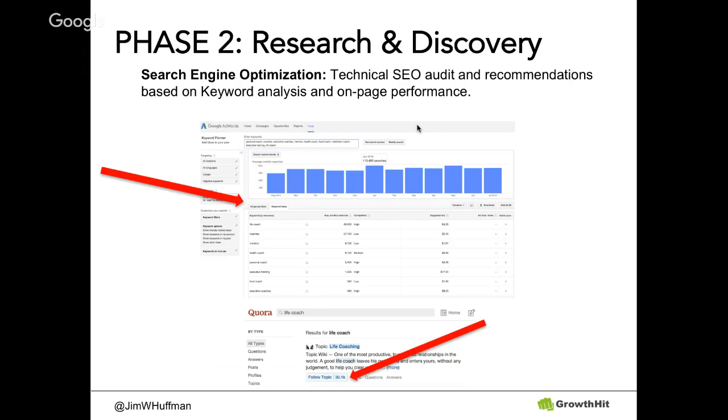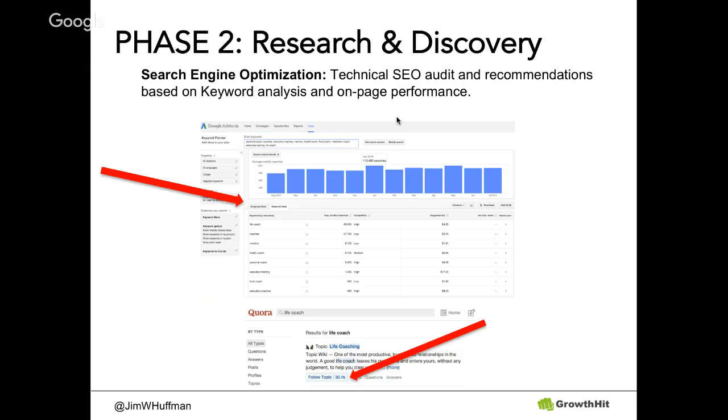And just as a quick tip, if you really want to understand how much search traffic a certain keyword gets per month, you can go to Google AdWords Planner and you can hit Tools in the top right. And if you drop down, you can go to the Keyword Planner and type in different keywords, and it'll show you the search volume per keyword.